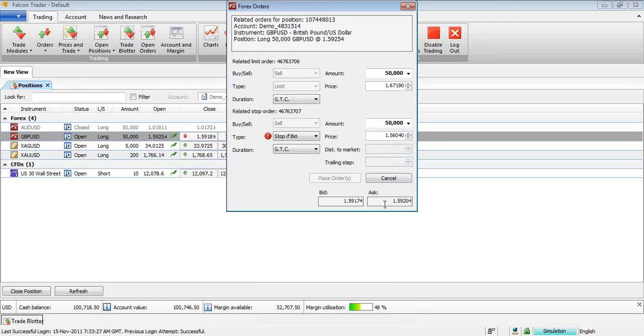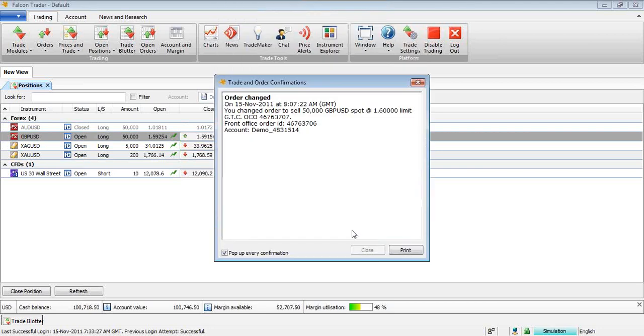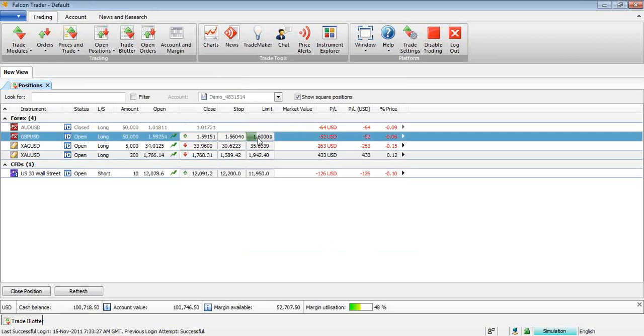So looking at the current market, it's bid offer. We can see that we are a fair way from our level. So if I put in 1.6 as a limit and place the order, we'll see this change. Okay, you can now start to see that the limit order has got more of a chance of being executed